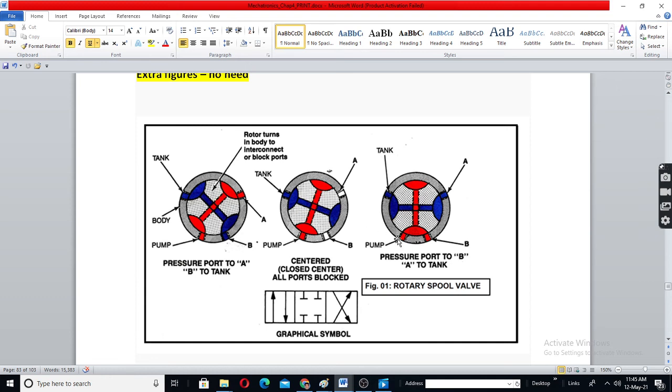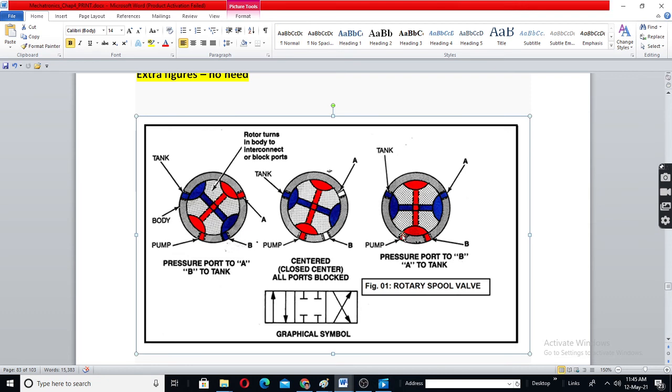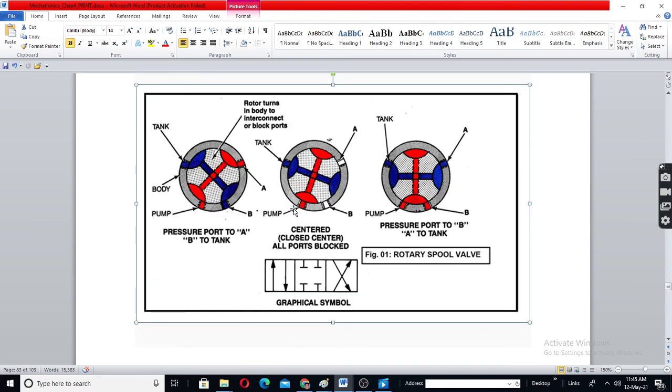When you connect to point number 3, okay, now you have pressure connected to port B. Okay, port B. You can see here port B, and A is connected to tank. You see. So depending upon the position of the spool, the direction of flow can be controlled. This is called as a 4 by 3 way directional valve. There are 4 ports, 1, 2, 3, 4, and 3 positions.